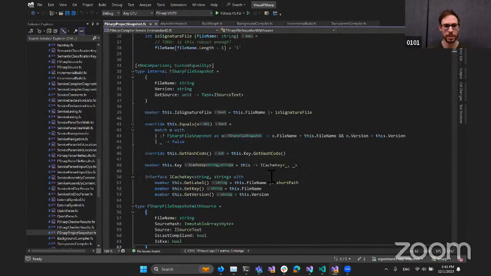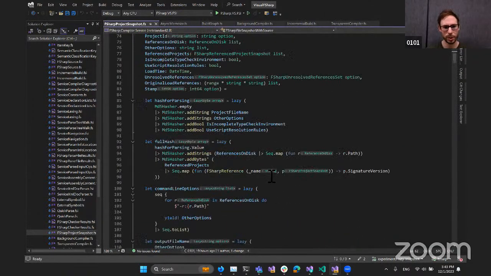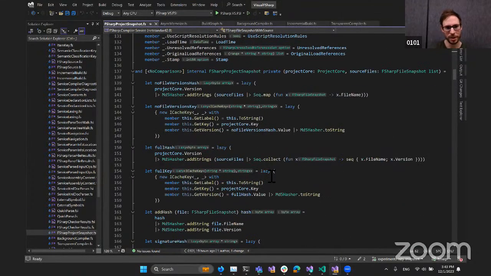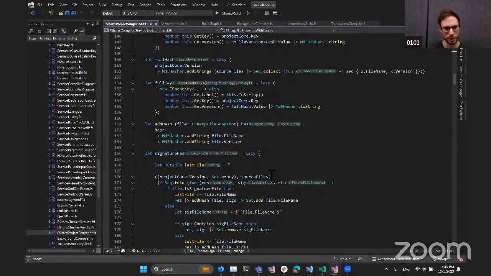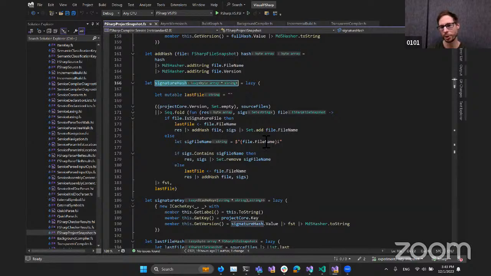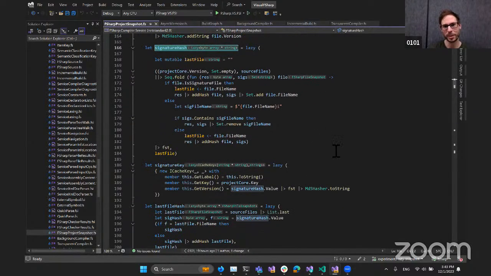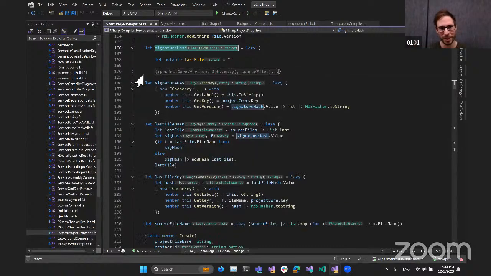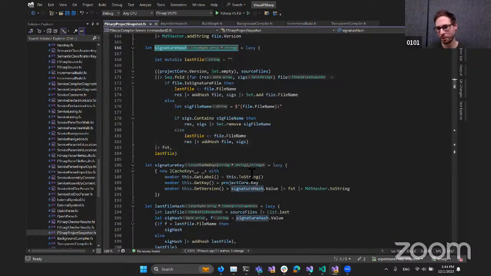Yeah, so at least it can be partially done at a higher level, which is, let me see, signature hash is something that basically is for the whole project. So it's mainly useful when you have in-memory reference projects, where basically we kick out any implementation files. Don't look at this code, it's probably terrible. But when we kick out any implementation files that have signature files, because they for sure won't affect the dependencies